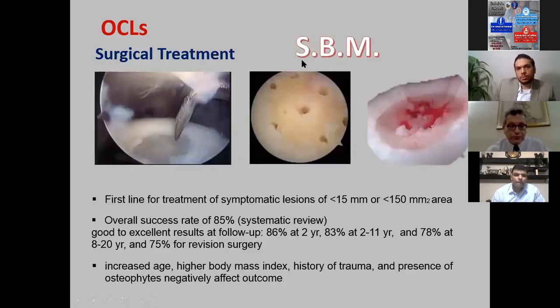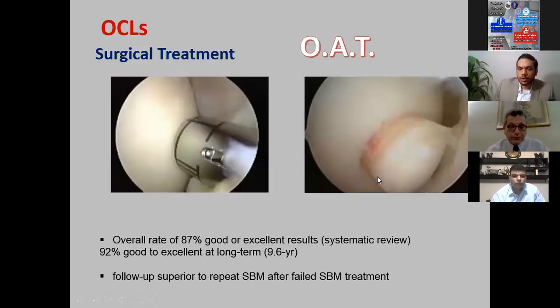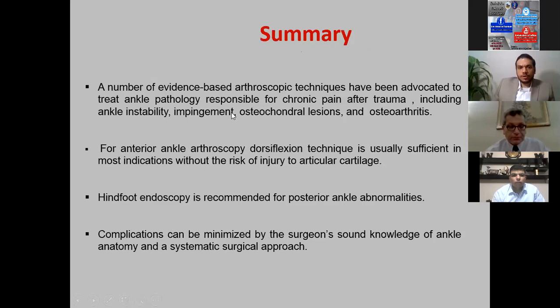The subchondral bone microfracture is one of the most common techniques performed arthroscopically with very high success rate. OATS also can be harvested from the ipsilateral knee and implanted in the ankle with osteochondral lesion with very high success rate. So to summarize, a number of evidence-based arthroscopic techniques have been advocated to treat ankle pathology responsible for